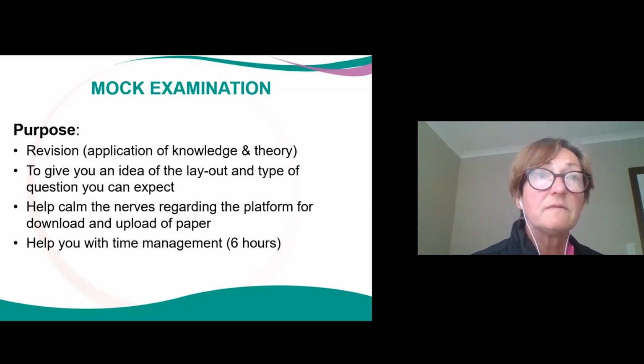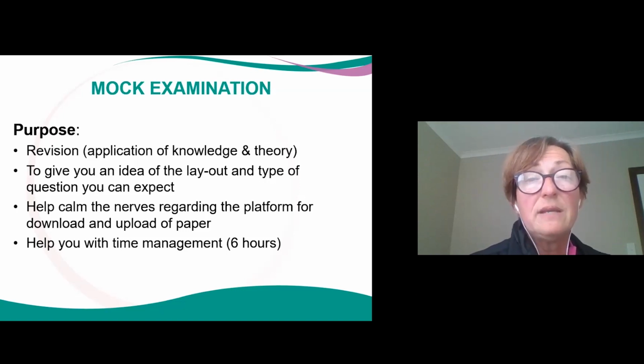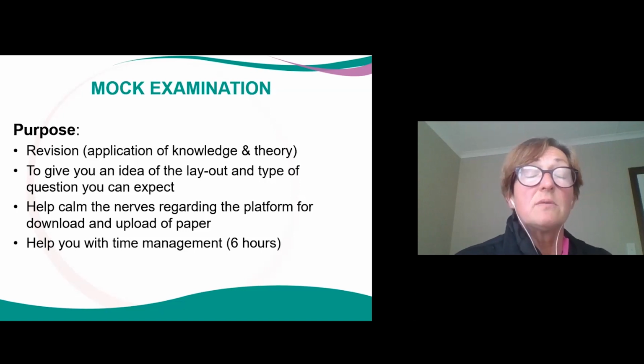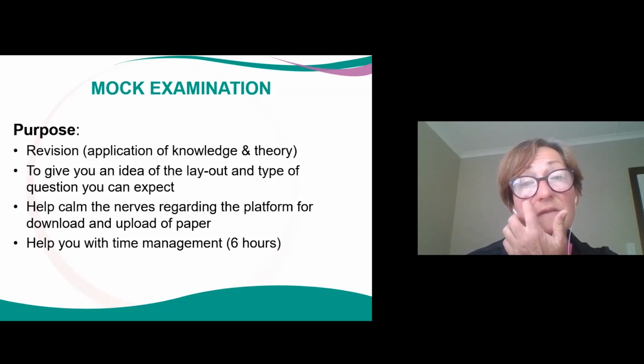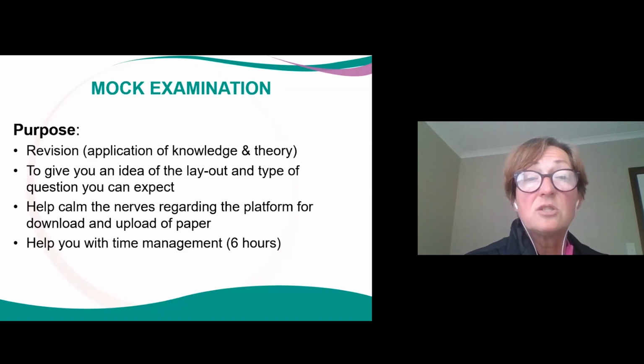Even if you have done the mock exam and you're not really publishing your comments and your answers there, please just follow the discussions, because you don't just learn from teachings or a study guide, but you also learn from one another. And the kind of feedback that students give may really enrich your knowledge. So the mock exam would have given you an idea of the layout and the type of questions that you can expect, and hopefully by now I've managed to calm your nerves